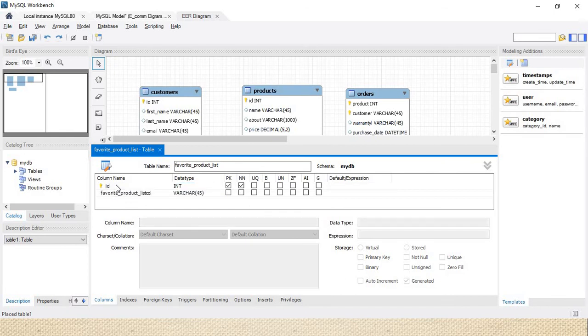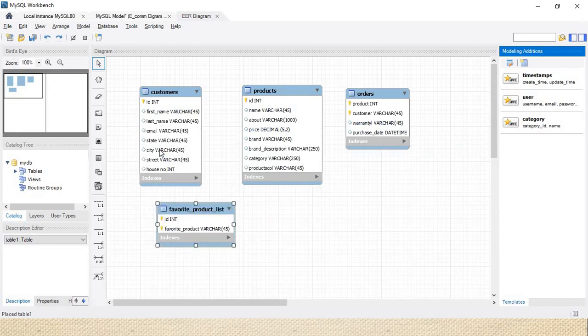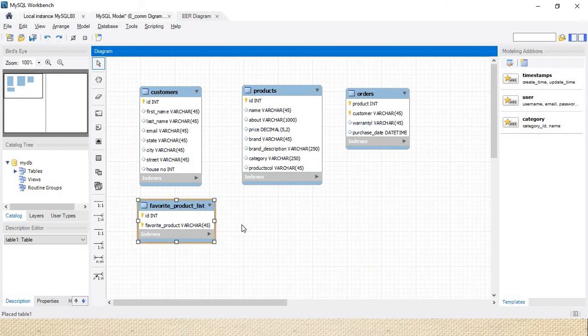And the second one, here we use favorite underscore product. Okay, so in that, make a note of that, we need to use primary key for that. Here I'm using the two attributes as a primary key. That means, can I say that these are the composite key? Yes, we can say that these are composite key. Now see, we have created a separate table. So what we taught: if we get multiple values for a single record, we will separately create a new table.